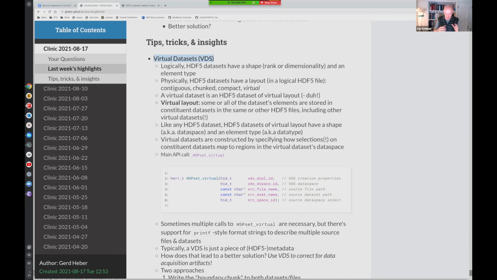Okay, so virtual layout basically means I can construct a data set, but the physical data, the elements of that data set, can be pieced together, aggregated from subsets of other data sets elsewhere. And coming back to the earlier question, that's exactly such a situation where, yes, you have to somehow describe where you source that other data, these other elements.